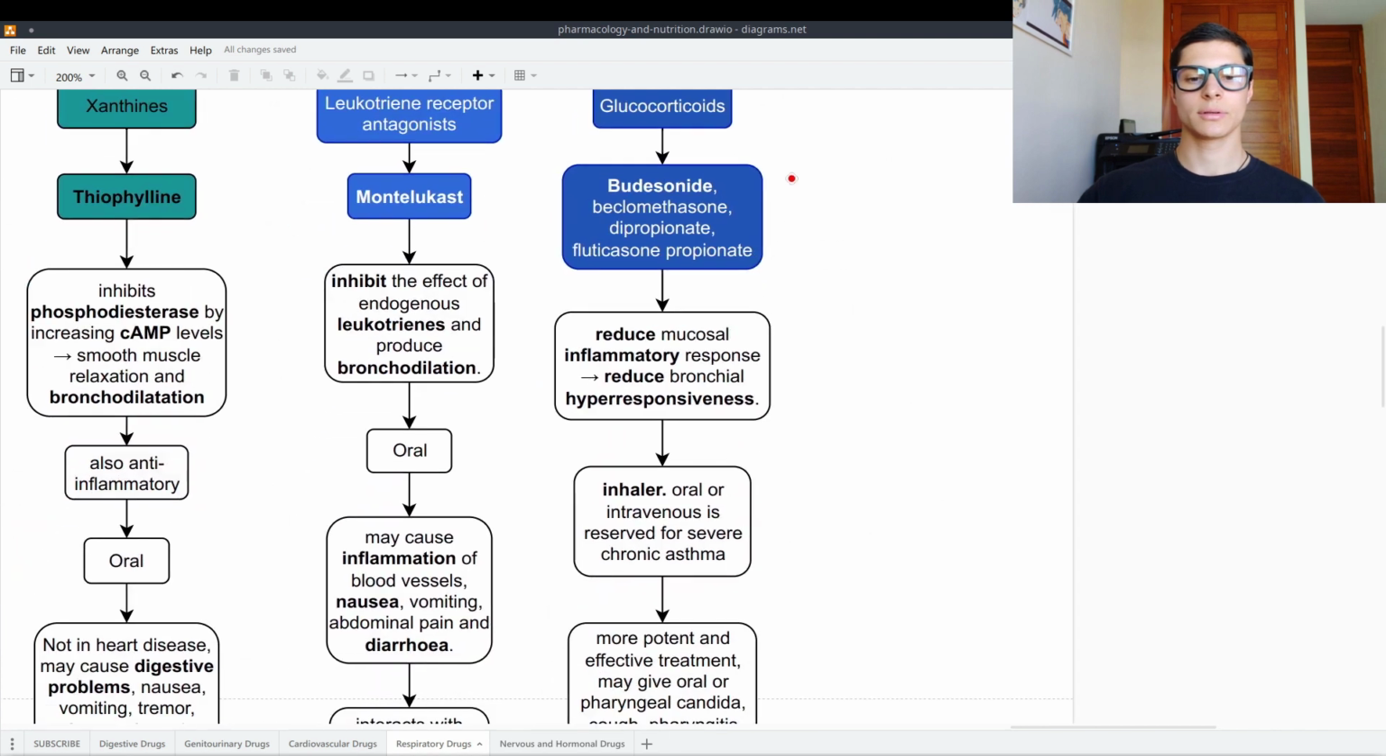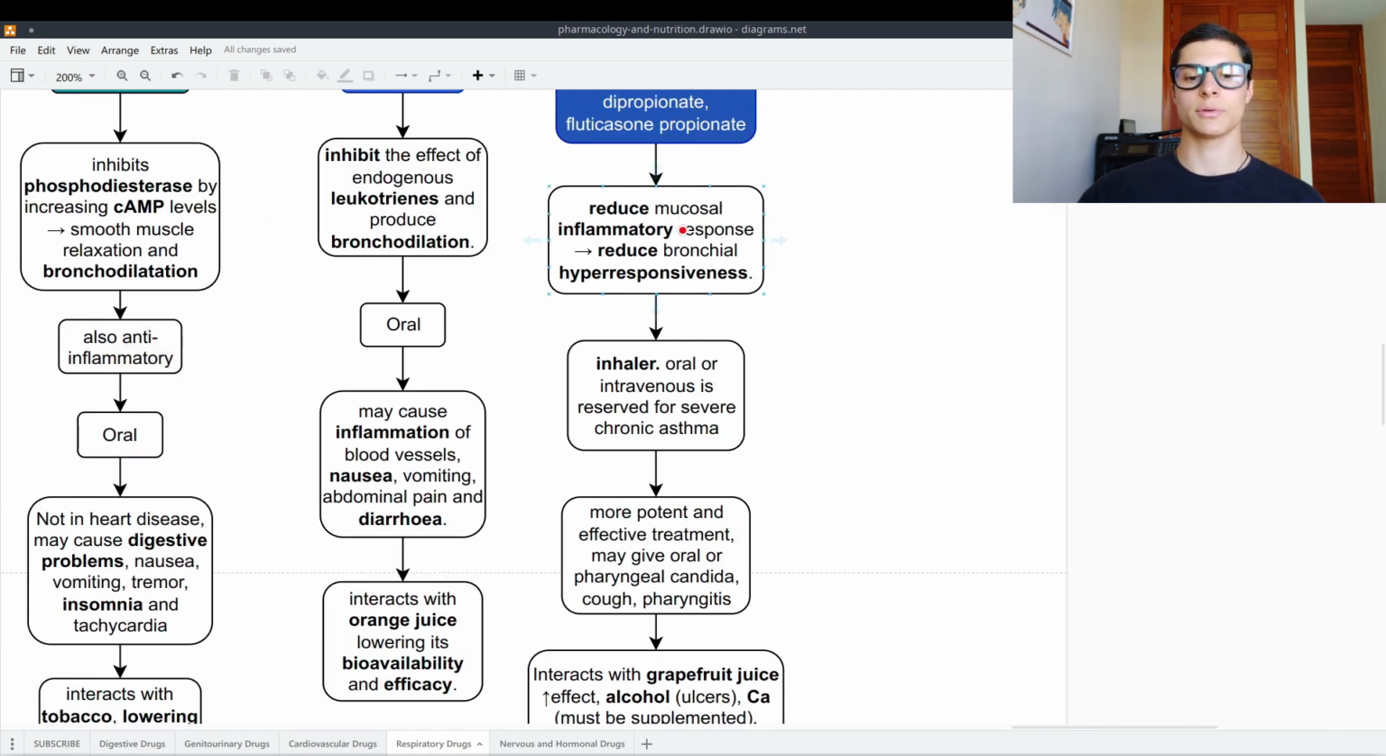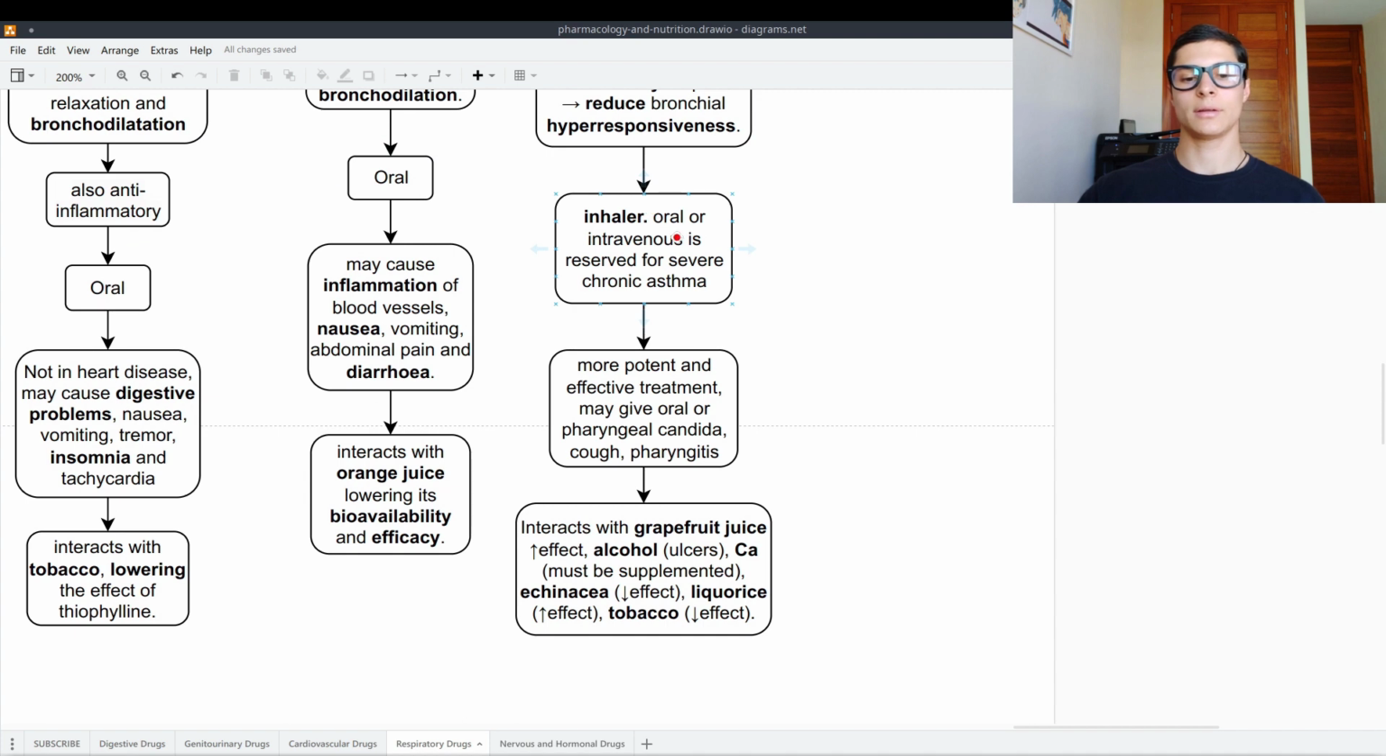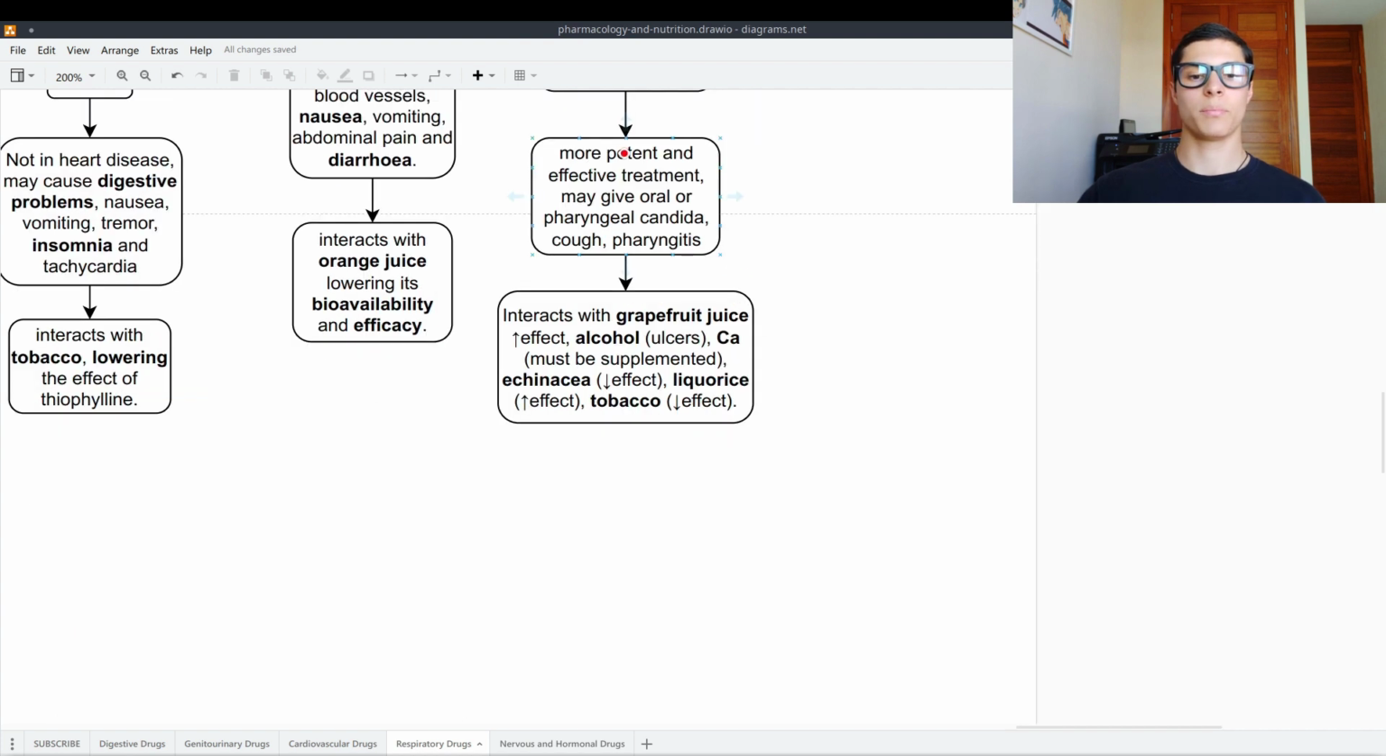And then glucocorticoids. The main one is budesonide, which reduces the mucosal inflammatory response and reduces the bronchial hyperresponsiveness. So both. It is an inhaler and it can also be taken orally or intravenously, but only in severe chronic asthma. It is the most potent and most effective treatment of them all, and it may give oral or pharyngeal candida, cough and pharyngitis. It interacts with grapefruit juice because of the cytochrome P450, increasing the effect of the drug,